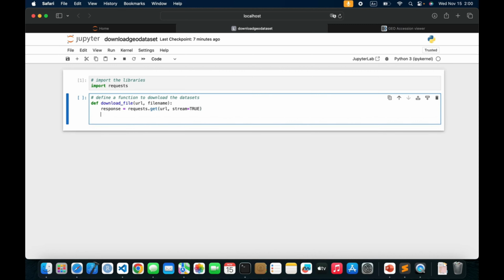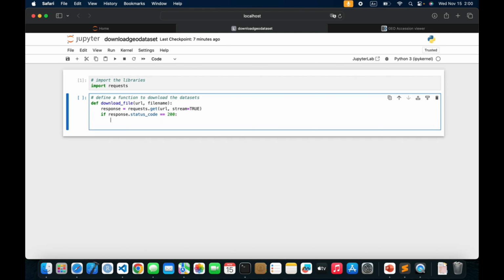So first let me write this, and if the response dot status_code is equal to 200, now you can see that it will indent automatically, with open file name